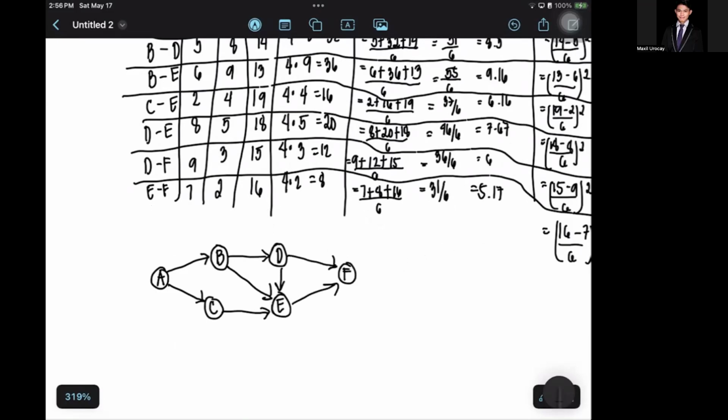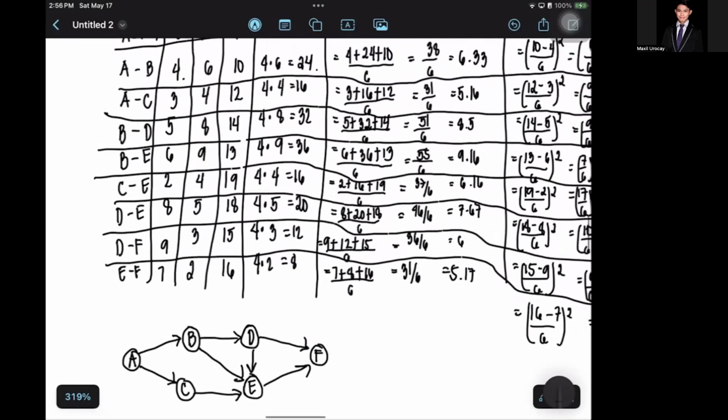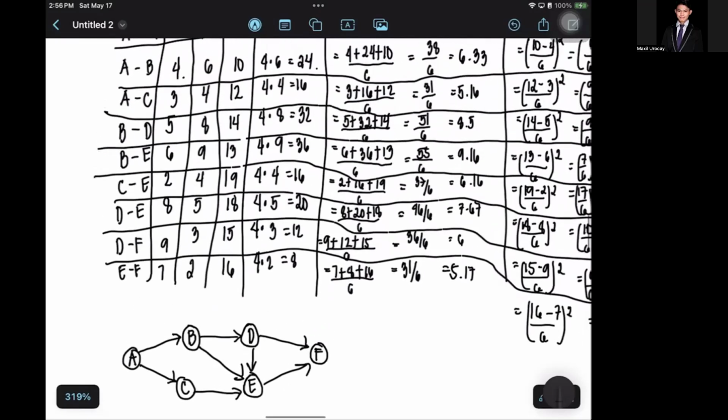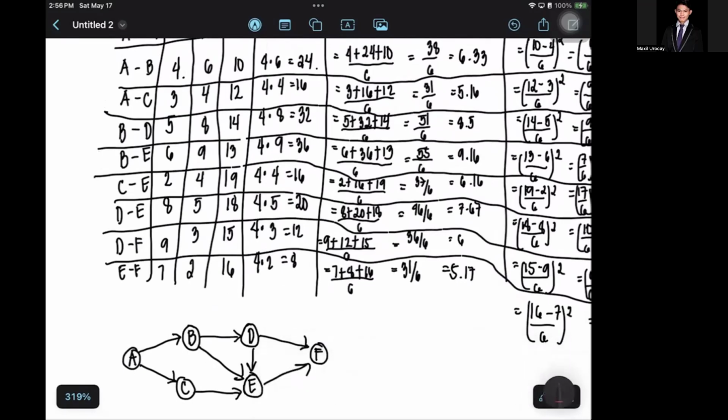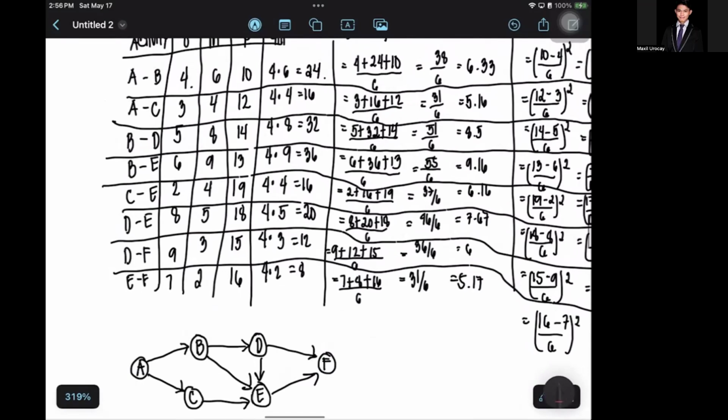Now, according to that, you will label this with the expected time that you have. The expected time is what you will identify, because in identifying the critical path, the E must be equal to the L. We'll deal with that later on. So let me go ahead: the expected time of A to B is